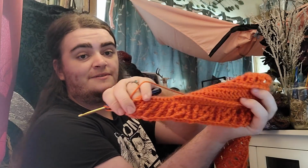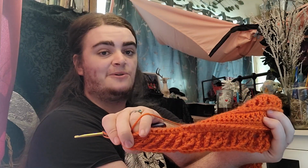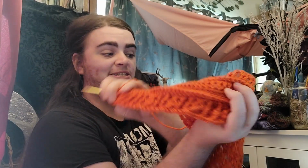Well, go forth and do this row 3 and 4, which we just did, until it gets long enough, as in the same length as this panel,